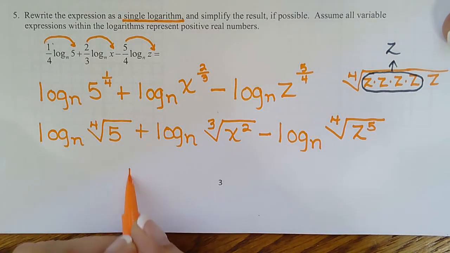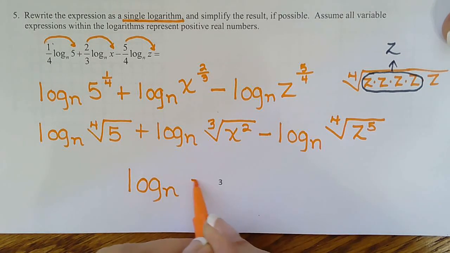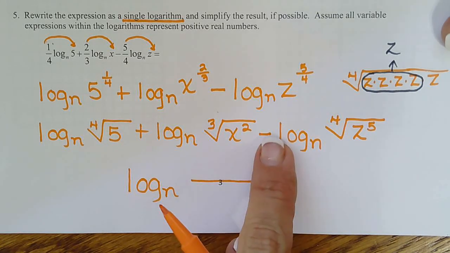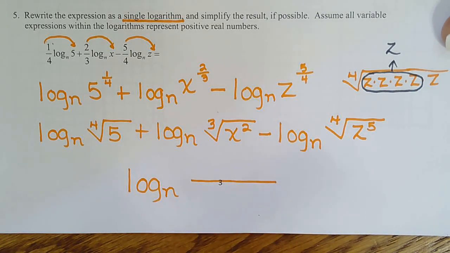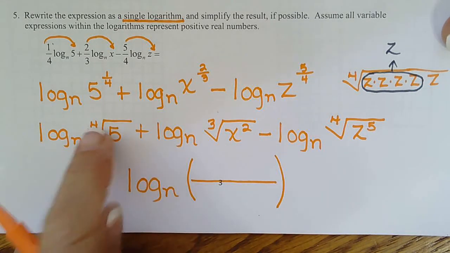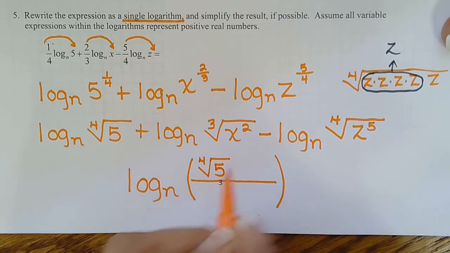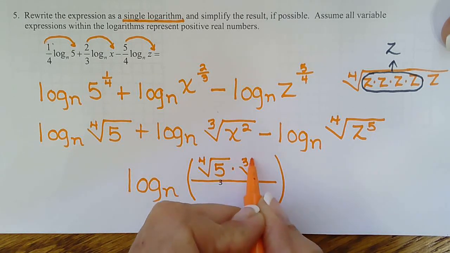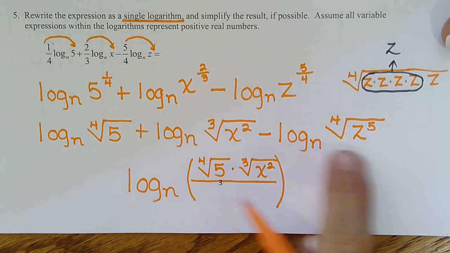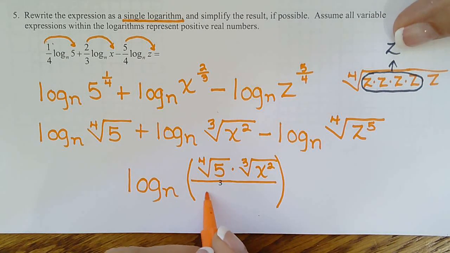So let's go ahead and write our final answer. So I know there's going to be a fraction bar because that's subtraction. So the positive logs, their arguments get multiplied in the numerator. So 4th root 5 times the 3rd root of x squared. The negative log, its argument goes in the denominator. So we said that's going to be z